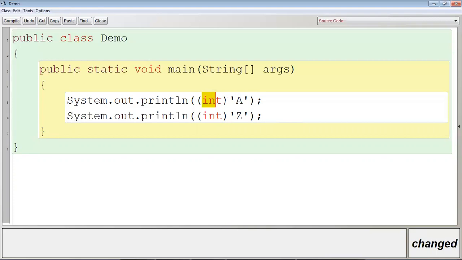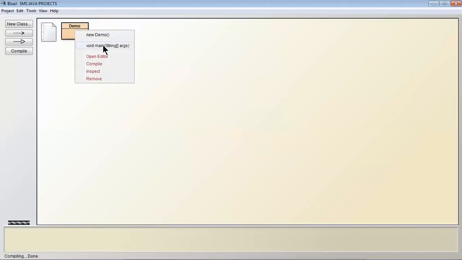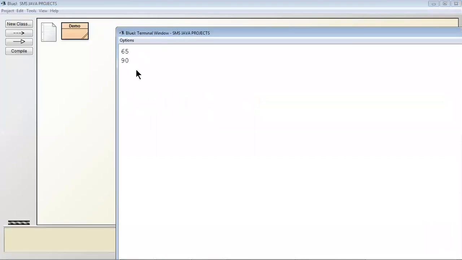That means I will get the ASCII code of capital A and the ASCII code of capital Z. Compile, no syntax error. I will get the numeric value. So the ASCII code of capital A is 65 and capital Z is 90.